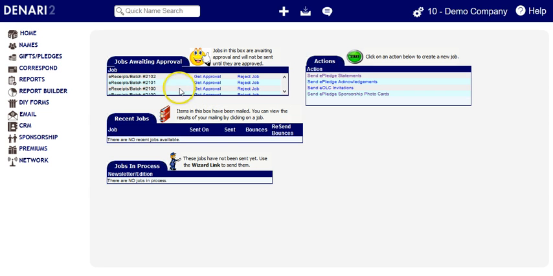Here we see a list of jobs that are awaiting approval in the upper left box. You can run them from here just as you did from the eCorrespondence page. It's basically the same thing. Below that, you find the Recent Jobs box. This will list jobs that have been recently sent. I don't have a job here because this is the demo company, but notice the columns: sent on, sent, bounces,